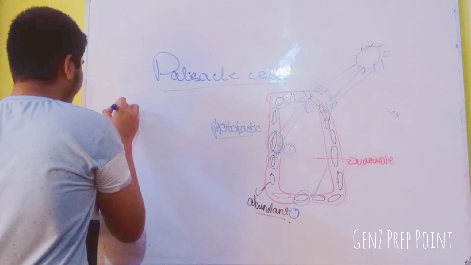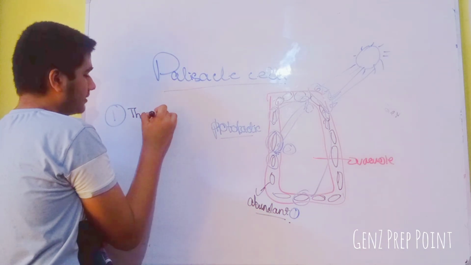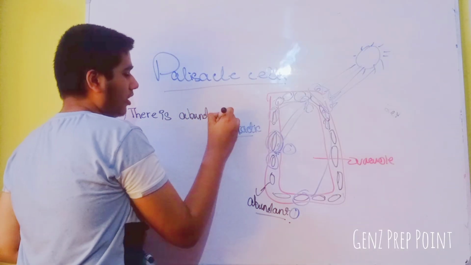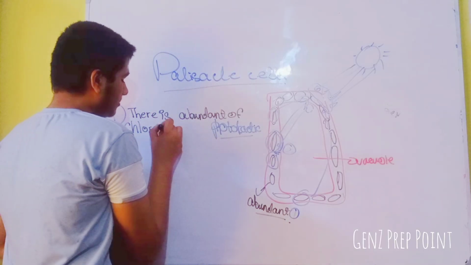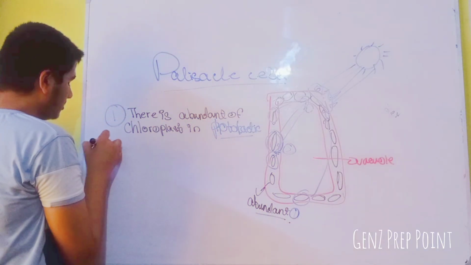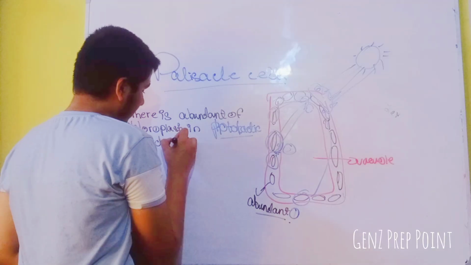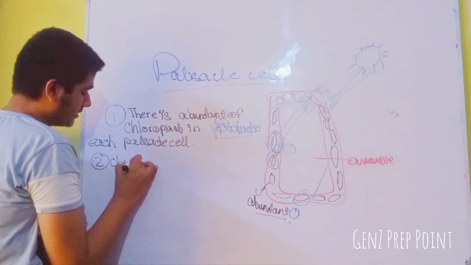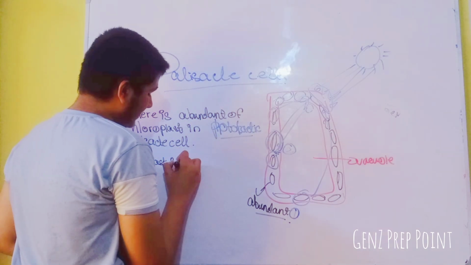Now let's write. There is an abundant number of chloroplasts in each Palisade cell. Chloroplasts in Palisade mesophyll